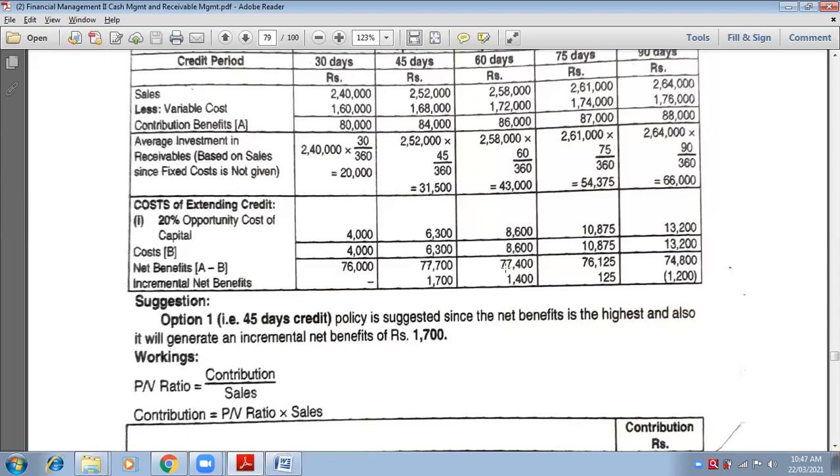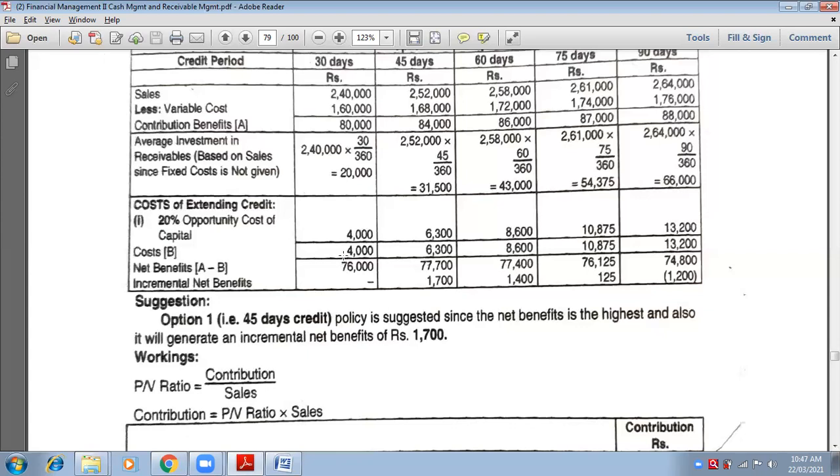Now, present policy 76,000, option number 3, 76,125. So what is the extra profit? See, profit is there, but very little. How much is the profit? Rupees 125. Extra profit, yeah. I know the profit is declining as you go further from option number 1 to 2, 2 to 3, 3 to 4. But yes, we have a profit. But in the last case, option number 4, there is no profit. In fact, the profit declines.